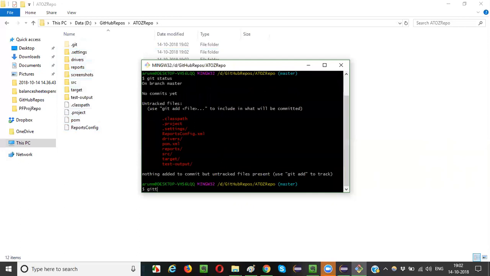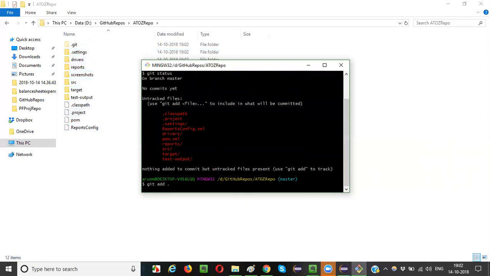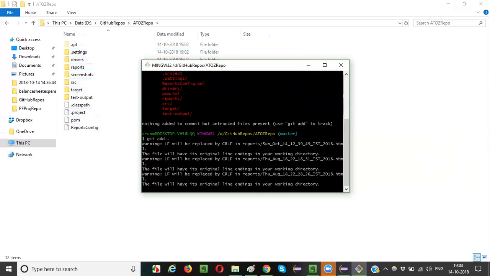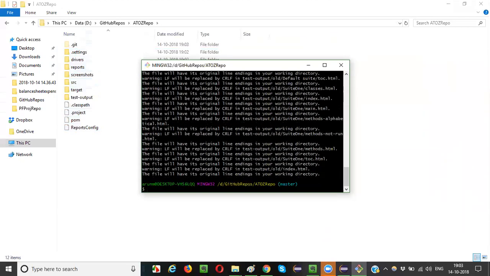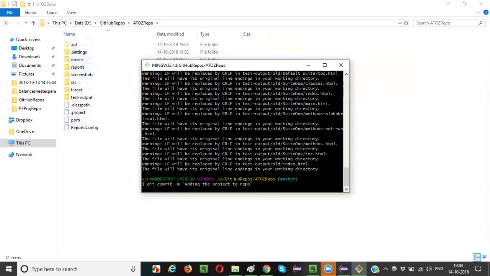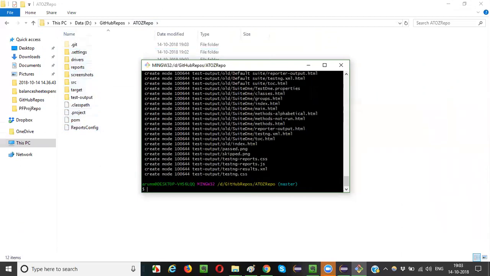Now you will say git add dot to add all the things to the staging area from the working directory. I added these files into the staging area. Then I will commit, git commit -m, adding the project to repo. Now I will say git push